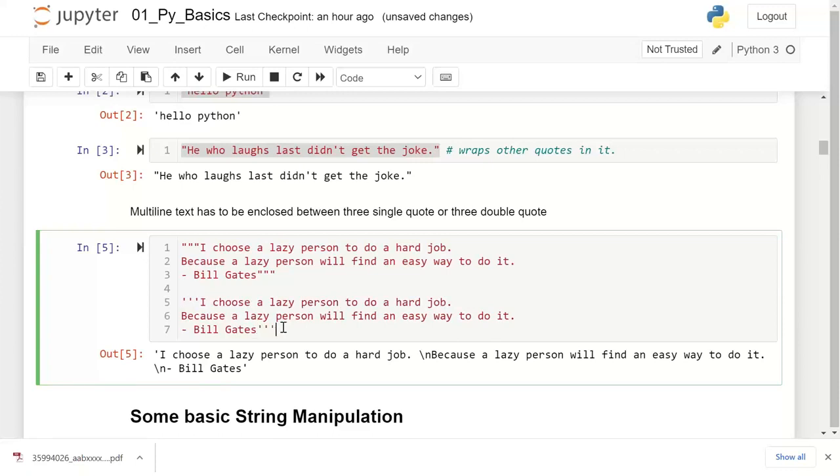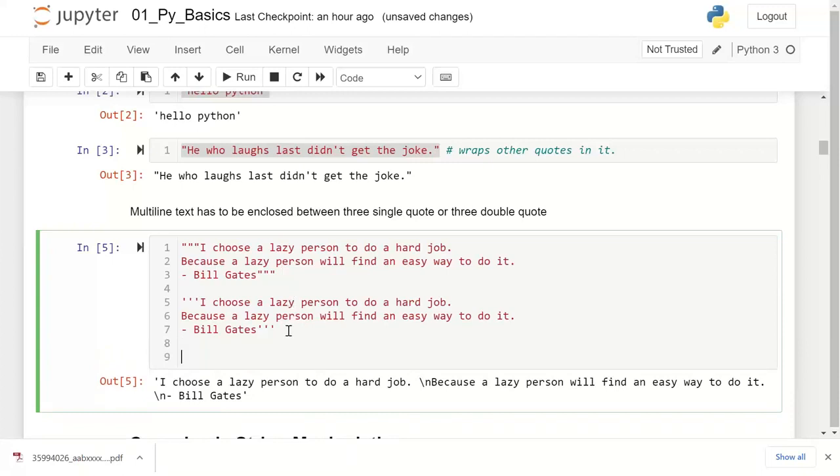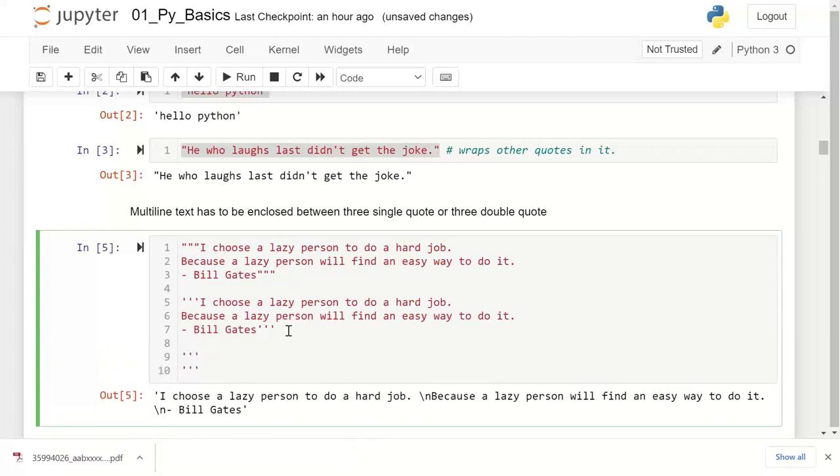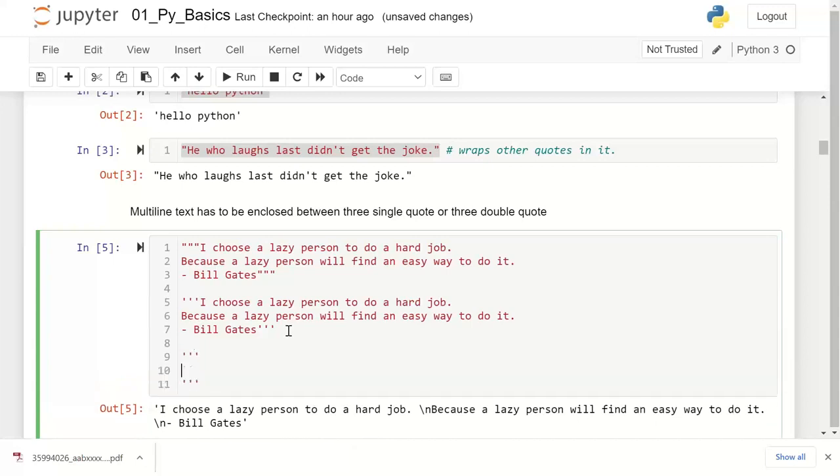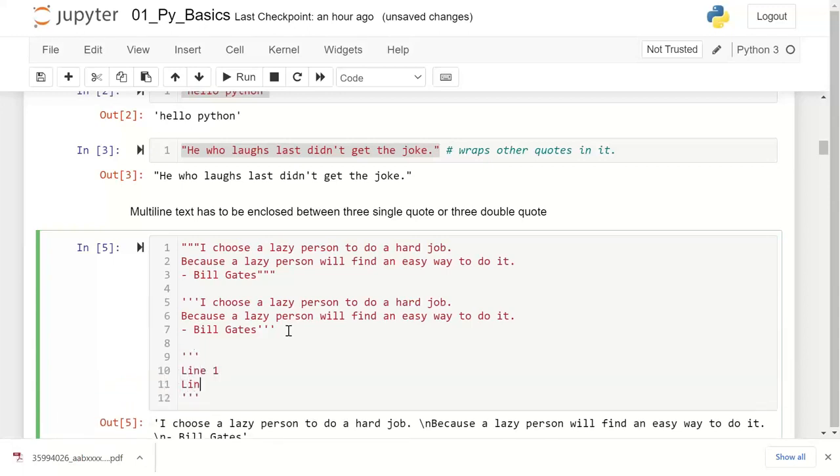Either of them is okay. So if you have a multi-line string, it has to be enclosed in triple double quotes or triple single quotes. So for practice, what I'll do is simple. You have this one. And just for practice, you just type line 1, line 2,